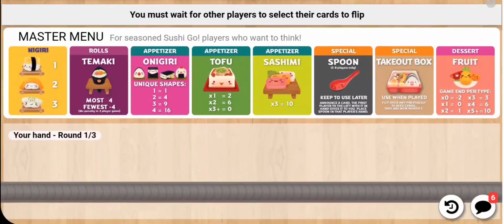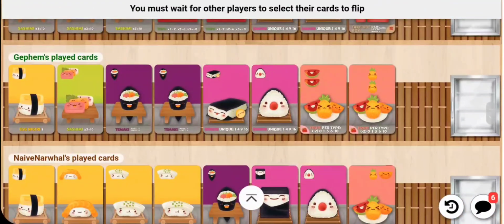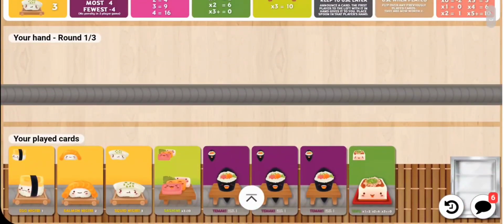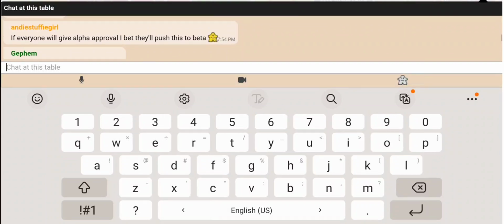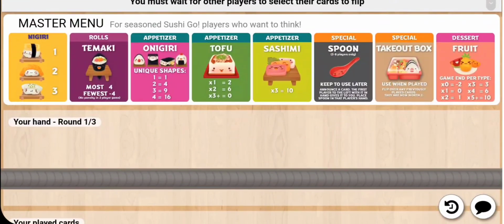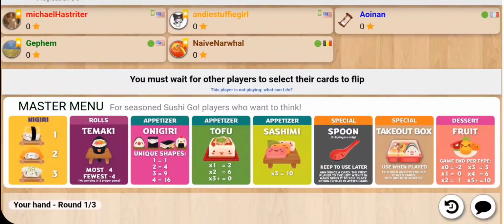Alright, I think we're waiting for somebody to select their cards to flip. So I guess at the end of the game he's going to flip a card. Oh, we don't keep the last card in... Is that how it works? You do not keep the last card in Sushi Go Party. Okay, well that'll be fine. Well, in that case, I'm going to...